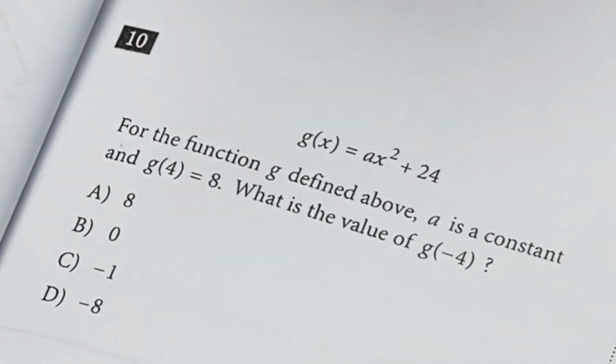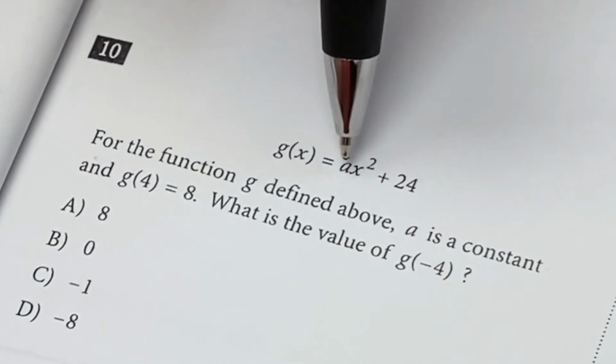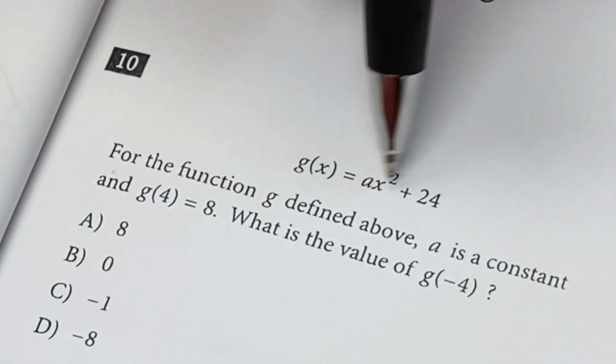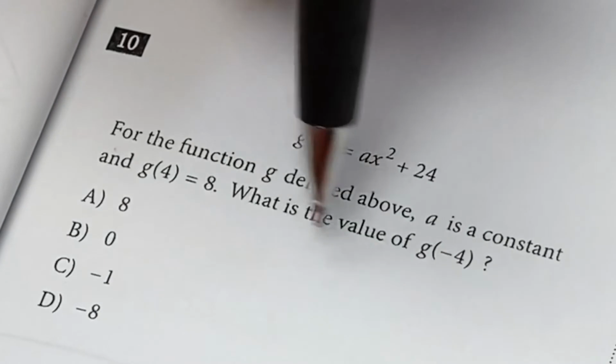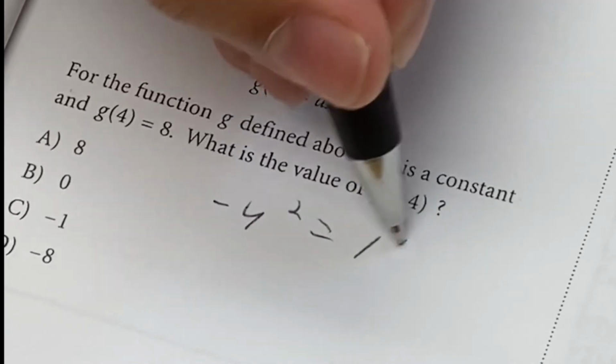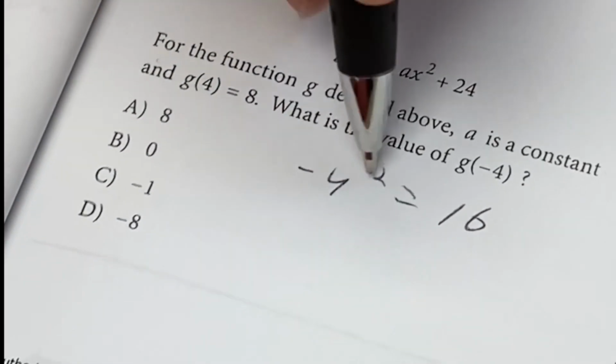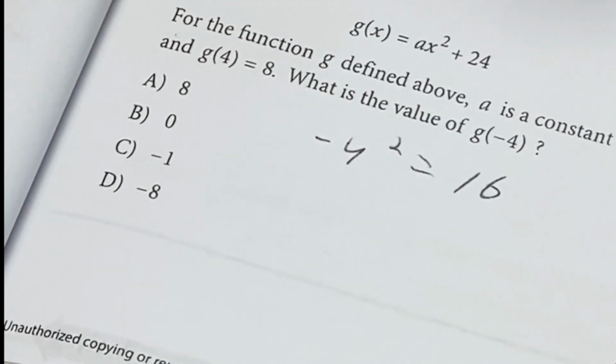But the simple way to do this problem would be to realize that the 4 goes into x, which is x squared. Negative 4 squared is also 16. So 4 squared is 16, and negative 4 squared is 16. So it's going to work out the same way. So the answer is